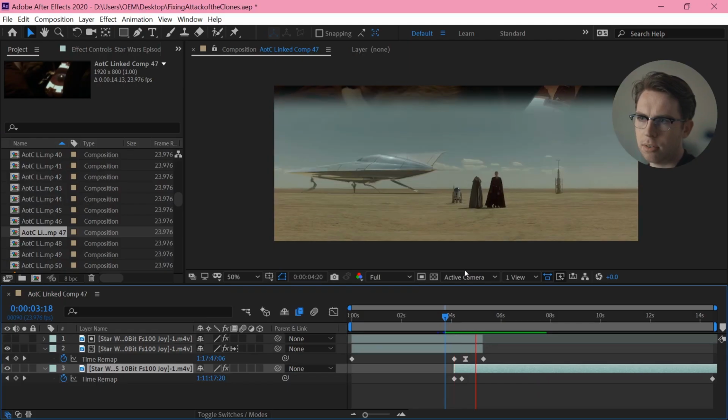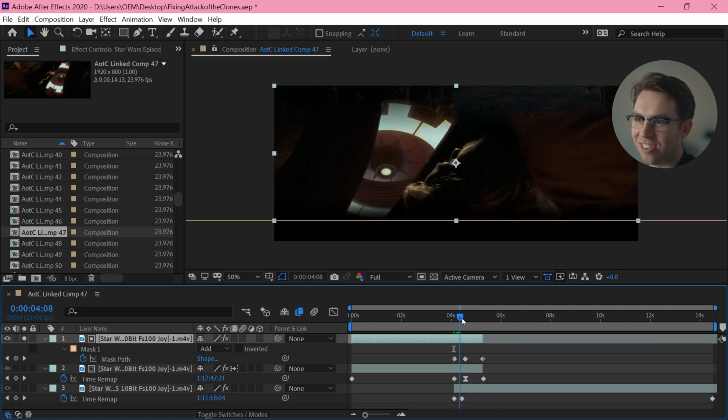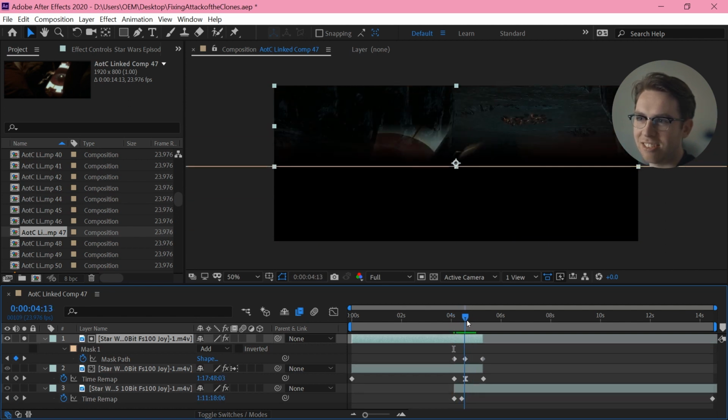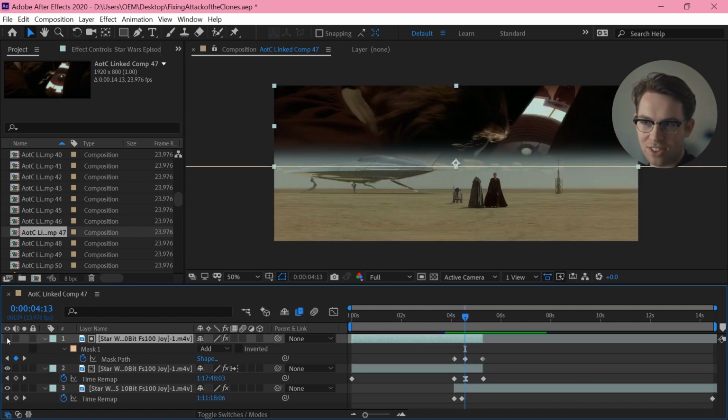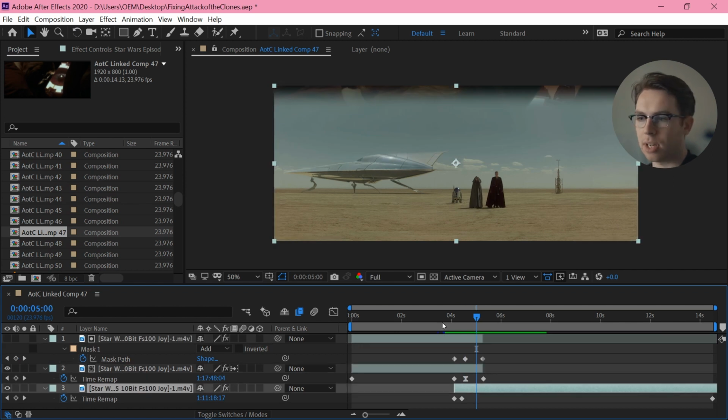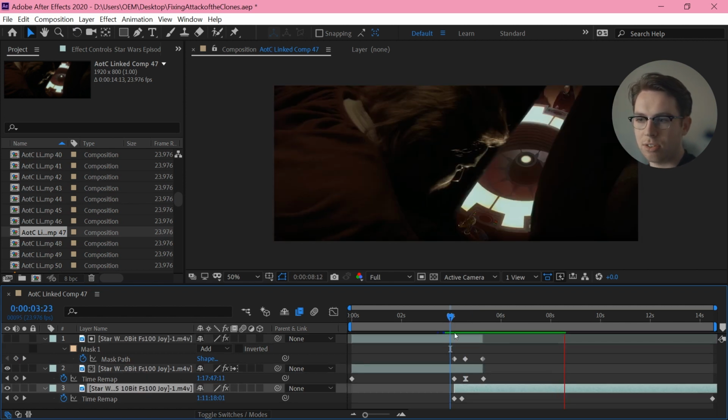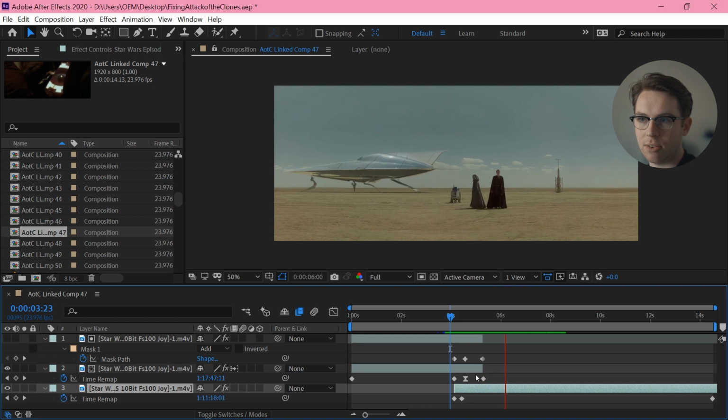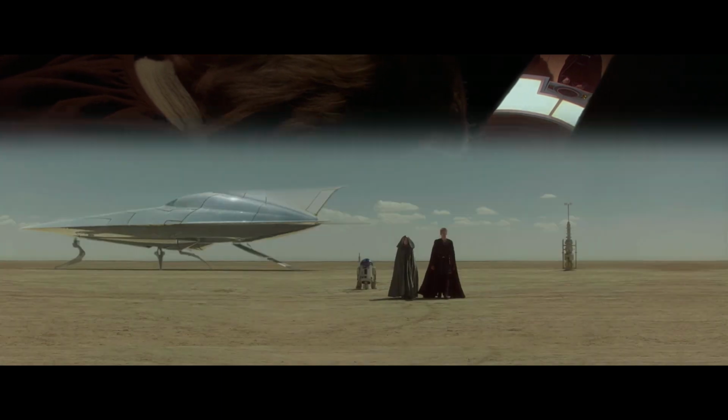Shot 47, I'm matching that wipe and then flipping it upside down. How interesting. And then they both have some time remapping on them, just to make sure that I don't see any of the original transitions. So you can see Obi-Wan sort of starts to freeze frame there, and they have a slight pause before they start walking, but it's pretty close.